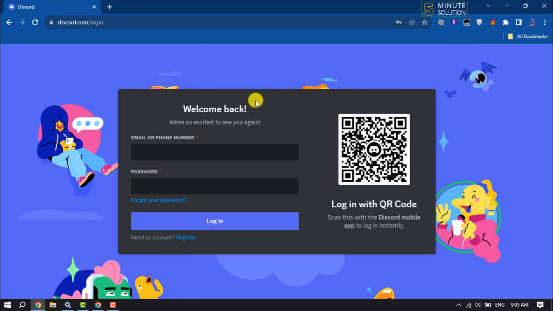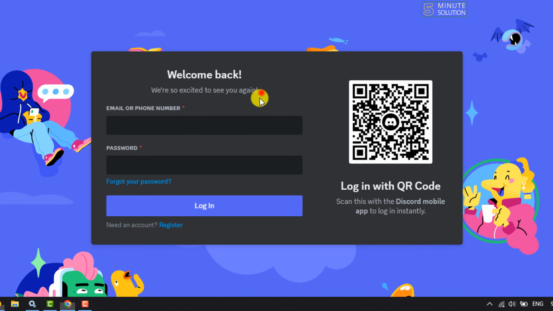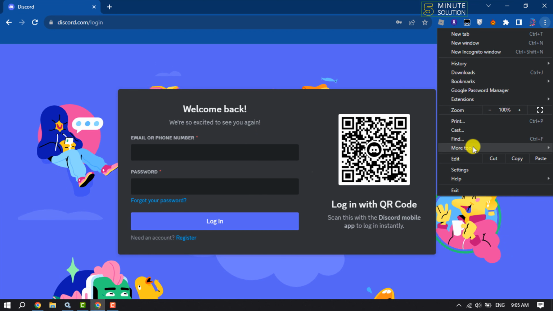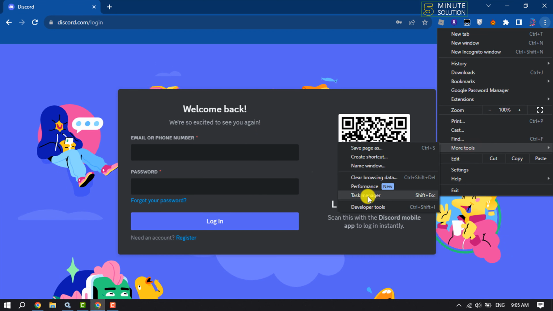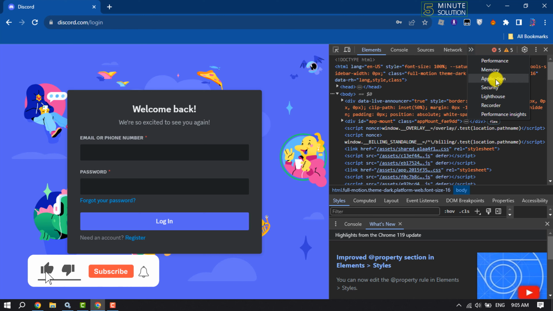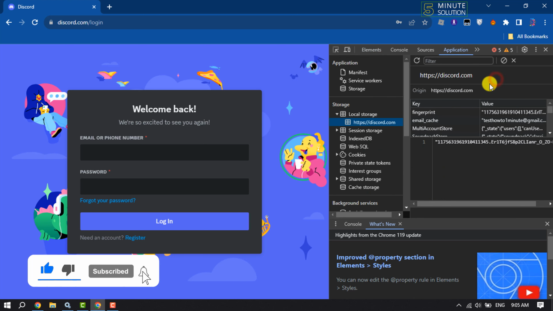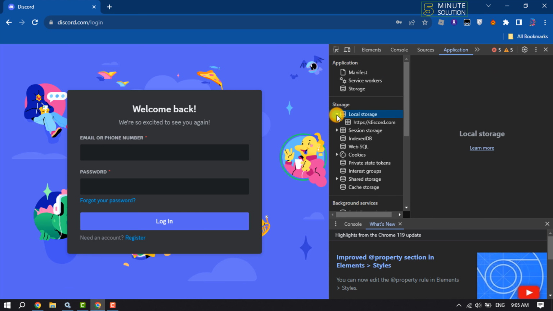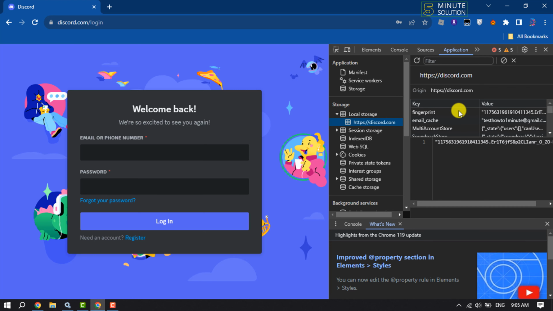Open a browser and open the Discord login page. And once you're here, click on this three dot, click on more tools and click on developer tools, and now click on this icon and select application, and here expand local storage and click on discord.com, and here scroll down,